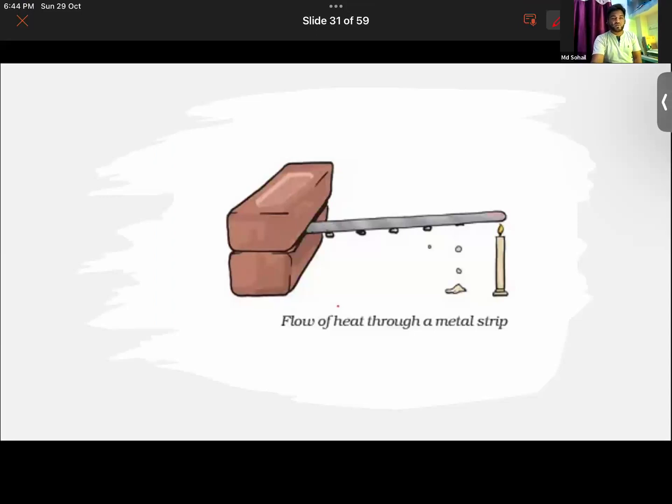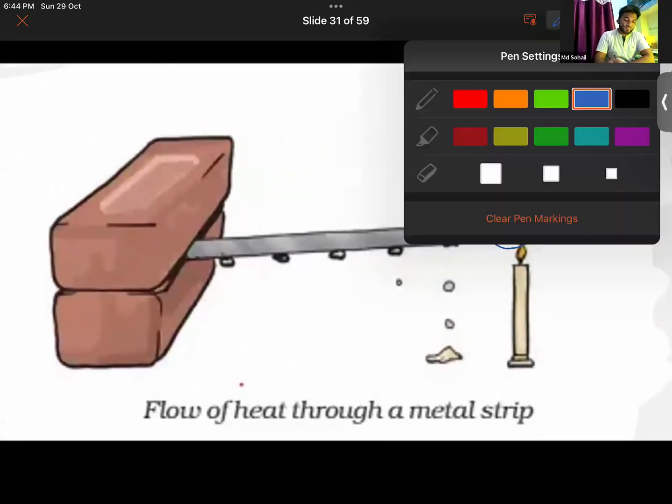From the image, what do you understand? What is basically happening in here? The heat is transferring through this metal strip. Here, what do we observe? That this region of the metal strip is becoming hotter and hotter, since it is exposed to the candle flame. So if I were to have a close look here,